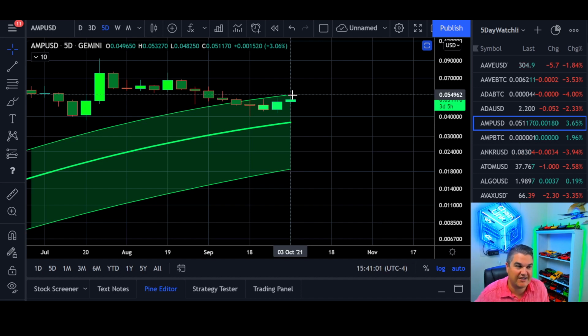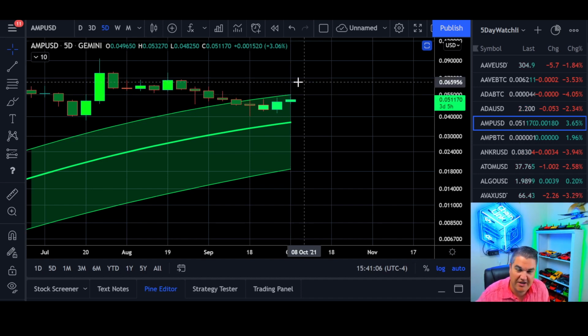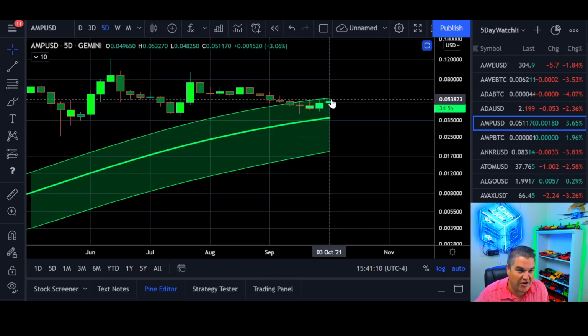About 5.5 cents and we're at the top. If we can somehow flip that and hold it as support, all is good and AMP can continue the move up. But so far, we want to watch for resistance at the top of that channel. Like I said, about 5.5 cents. We do not want to get rejected from that because then the odds are we'll revisit the median line, or visit it for the first time.